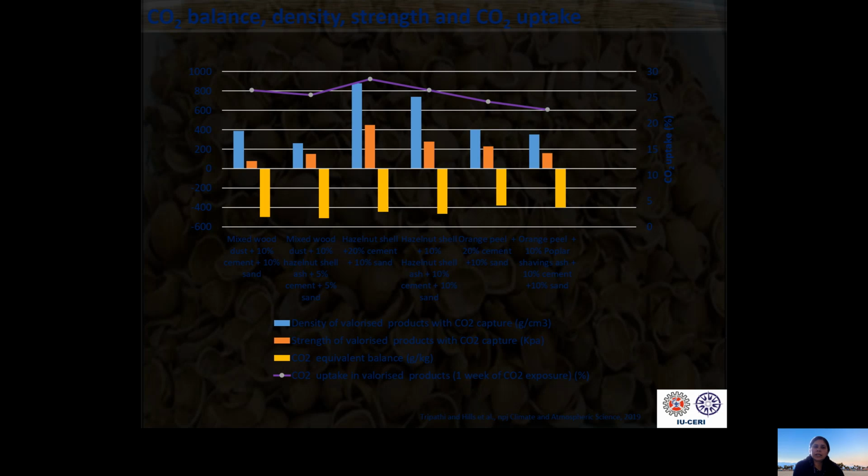This graph shows CO2 balance, density, strength, and carbon dioxide uptake, where we mixed our raw biomass with ash only and in various combinations of cement and ash as well. We saw that in all cases, the material has shown carbon negativity. Even where we have included or replaced some of the cement material with ash, we found that materials were quite